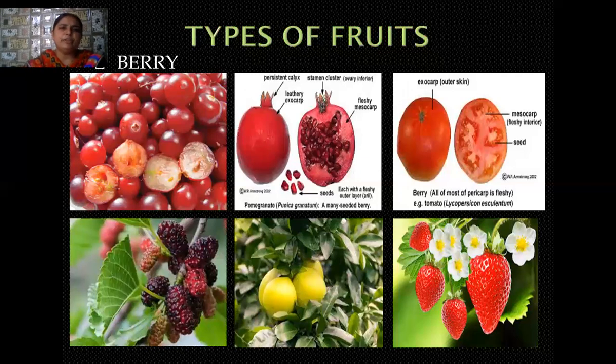Okay, student, here I am showing you the types of fruits. The second type of fruits are known as the berries. So this type of fruits are somewhat globular or spherical in nature. So here you can give the example of tomatoes. Tomato is an example of a berry fruit. We have plums here, we have pomegranate, and we have berries, pink berries, and lemon or musambi. Then we have strawberry. All of these are examples of berry kind of fruits.